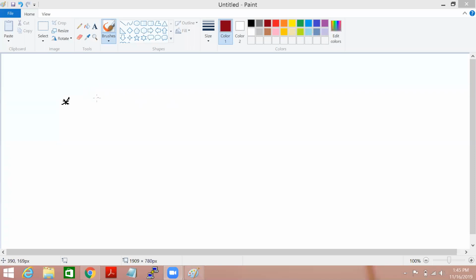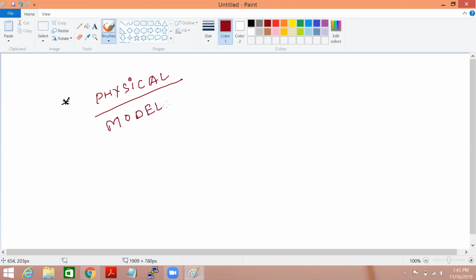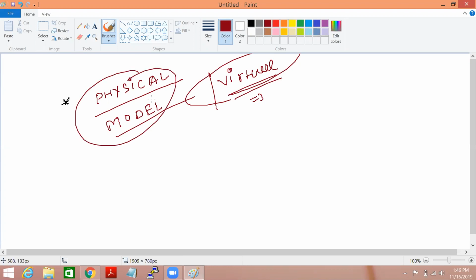Your Palo Alto box is available in a physical model as well. A virtual appliance is also there. So as per your requirement, as per your need, you can use either the physical model, or you can purchase VM versions. VM versions are like PA 100, 200s, PA 300s.